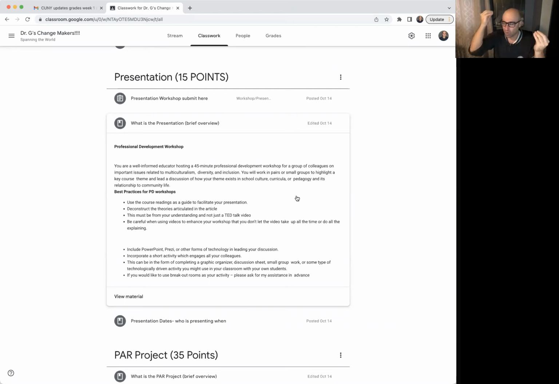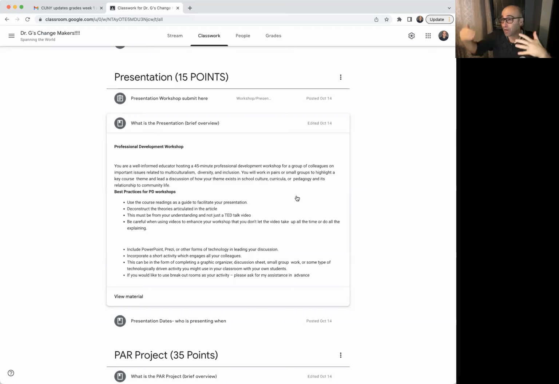Okay, so I want to talk a little bit about what is multiculturalism. I want to talk a little bit about what is diversity. I want to talk a little bit about what is curriculum, what's good in the curriculum right now, where are the gaps when it comes to diversity and multiculturalism. Okay, what's working, what's not. Now I've got some connection points going on.